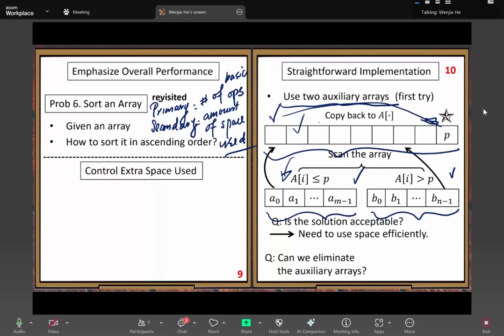Here there is a basic consideration in algorithm design: control extra space used. So what do you mean by extra space? Because when you work on a typical